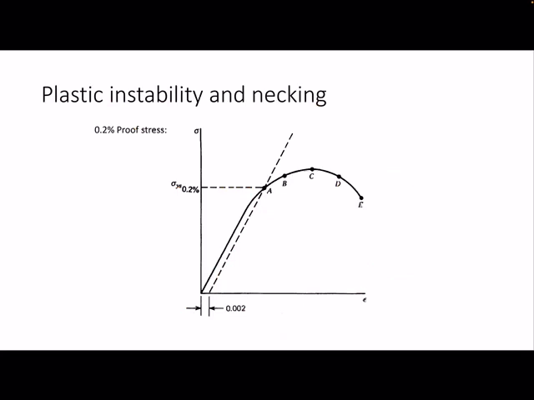Other thing is, in this case, it's not so easy to determine your plastic instability, or first of all, maybe your yield point. So you have to do the proof stress, 0.2% proof stress. Now, what does that mean? It means that you look at this, your total strain to fracture,